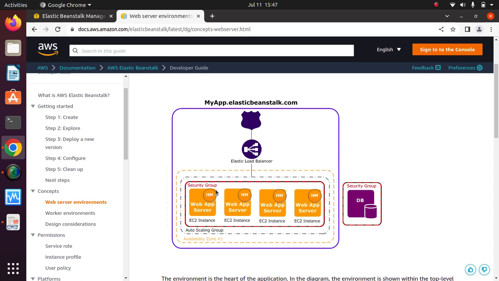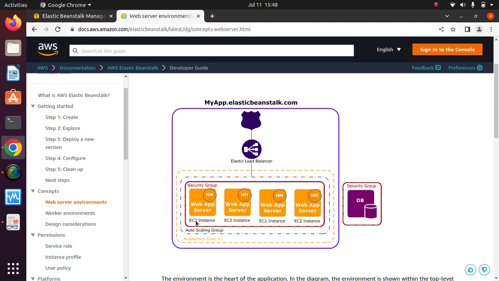Up to 100, all the traffic, all the requests will go here, and it will send in response the web page on the internet, right? So in this way it happens. So until 100 requests, it will give a response. But after 101, what happens, Elastic Beanstalk will route that 101st request to this second EC2,